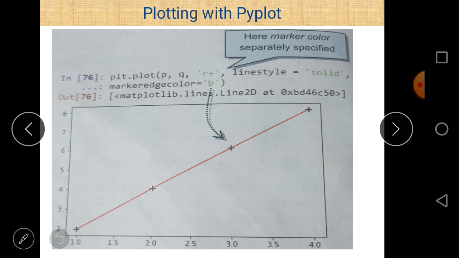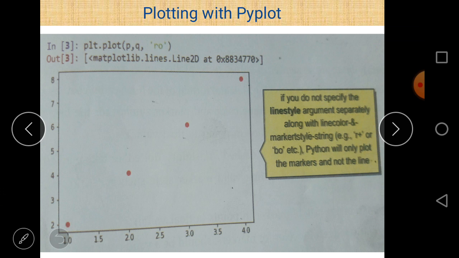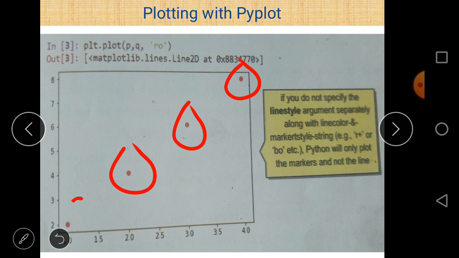So what happens when you don't want to use a line style? Basically it represents a scattered chart, or only a representation of points. These are different points, and they are not connected to each other because the line style is not used here as an argument. So there are points only and no line.